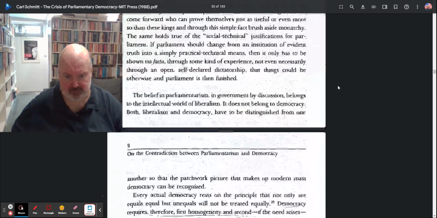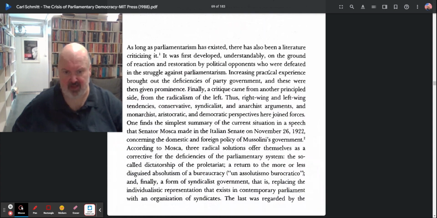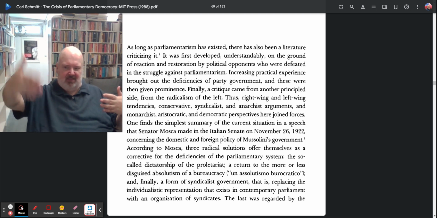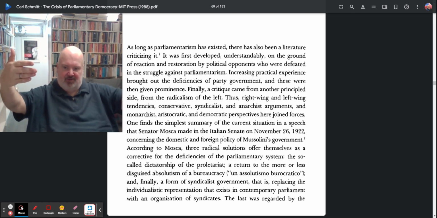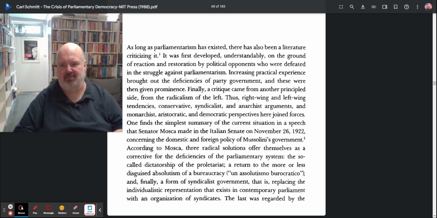Go right back to where we were. It was first developed, understandably, on the ground of reaction and restoration by political opponents who were defeated in the struggle against parliamentarism. So by this he's giving the context of the 17th and 18th century, the 17th century distinction between the forces of limited parliamentary government versus absolutism. Right. This is the rise. In fact, this is what he says of the origins of the parliamentary state,